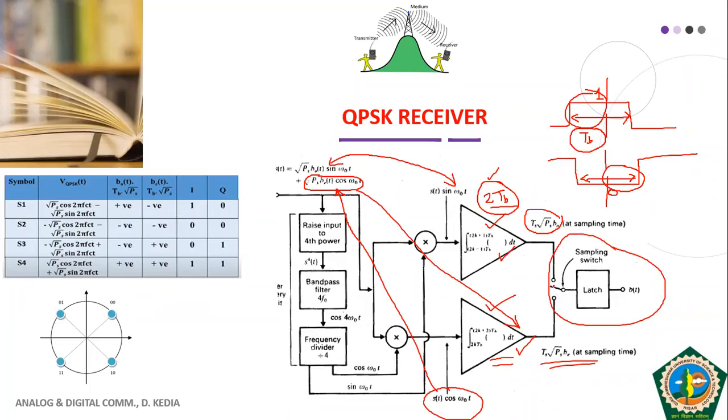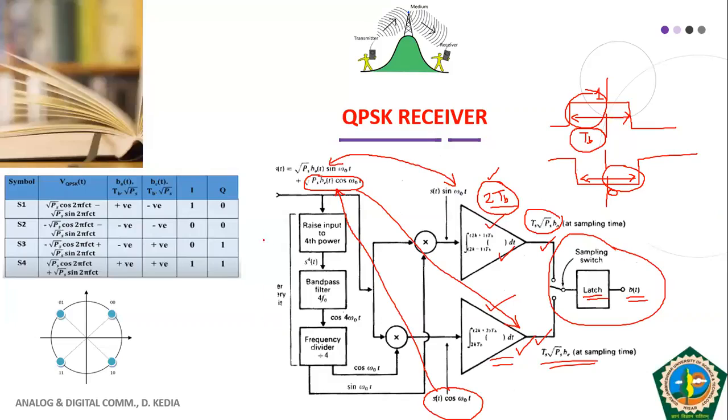Okay, so we will sample our bits for one bit duration once from the upper integrator and dump circuit, and once from the lower one, or once from the odd numbered branch and another from the even numbered branch. Then we can store that bit using a latch, and finally we get our original bit stream that we had transmitted. Okay, so that was all about our QPSK receiver, and the way we get our original demodulated